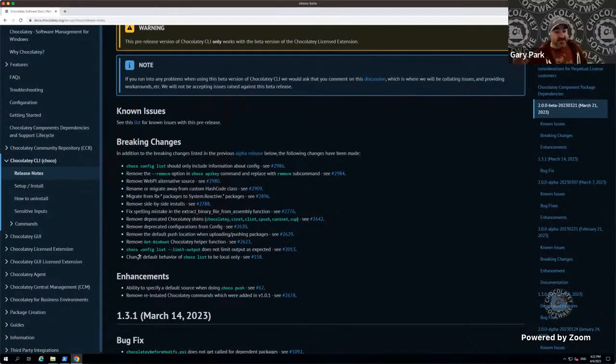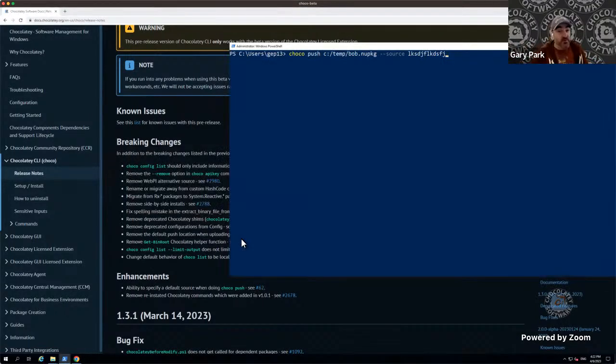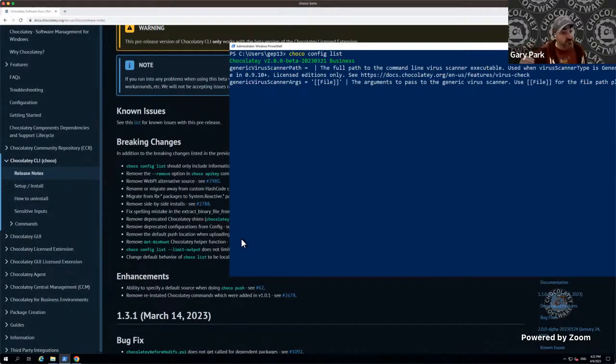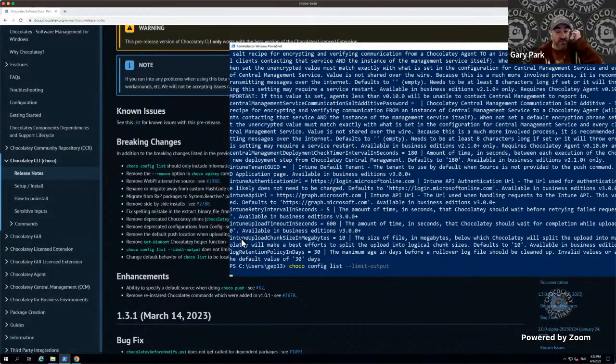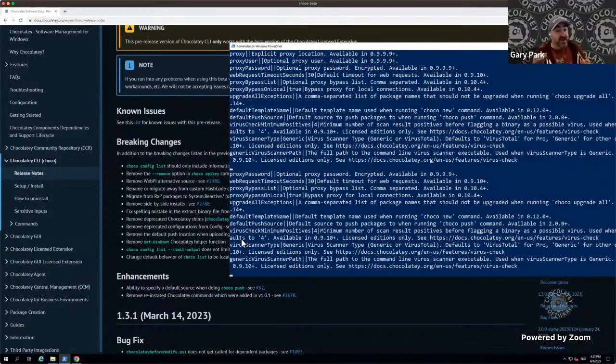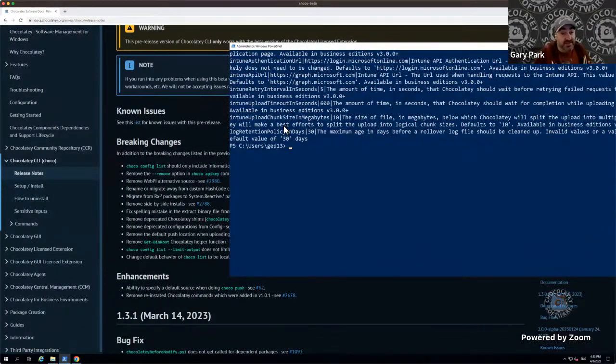Choco config list --limit-output does not output what is expected. Okay, so kind of related to what I spoke about before. Let's get rid of this one. So we've improved the choco config list to now only list the configs that are available on the machine, but we went a little bit further, and if you use the limit output or the -r, I could have typed that and saved myself some typing, it will now correctly format that in a machine readable format, because previously what it would do is it wouldn't